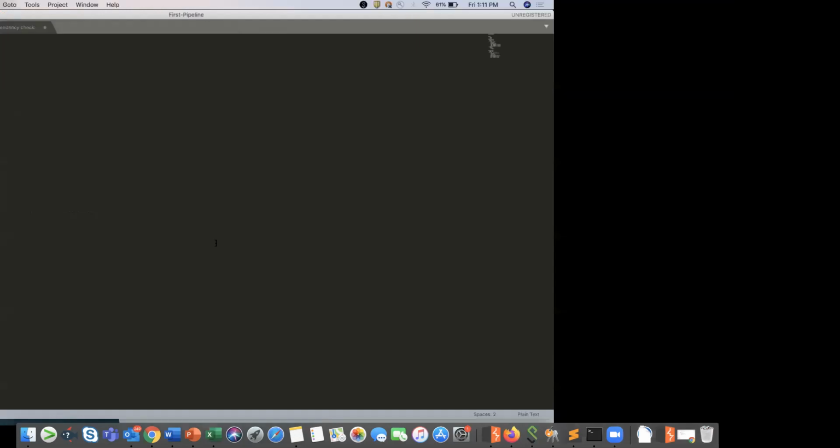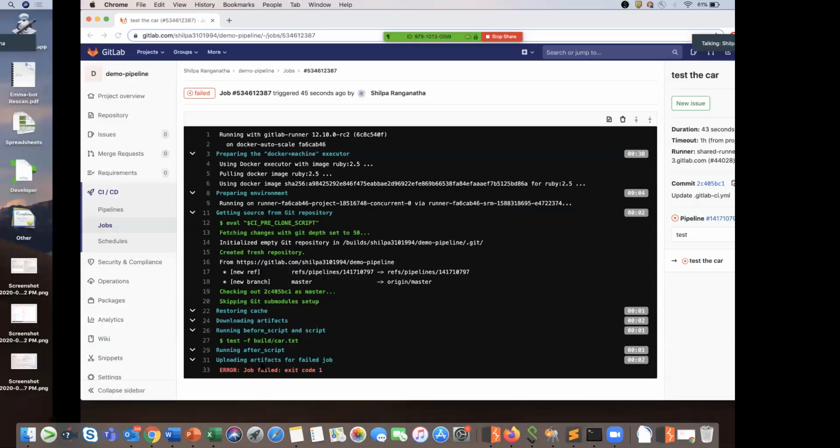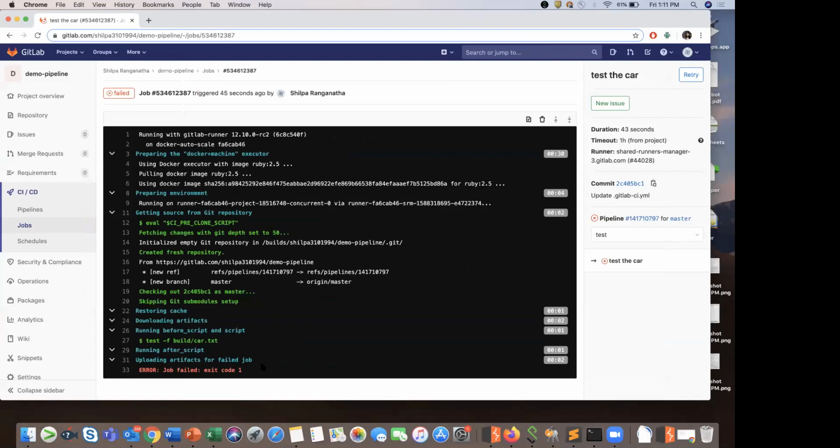So that is why our second job is failing here. So for that, what we have to do is, we have to make sure that at the end of our first job, whatever text file is created, we are storing it in one of the directories. And then the second job is able to fetch this file from that directory. So this is achieved by using the attribute called artifact. Okay, so let's add that to our configuration file.